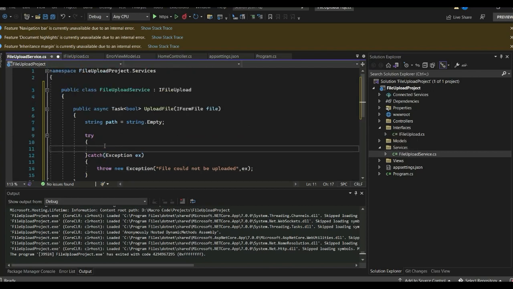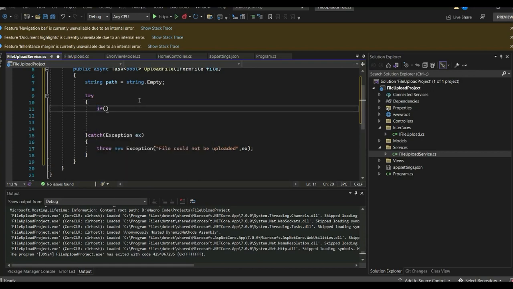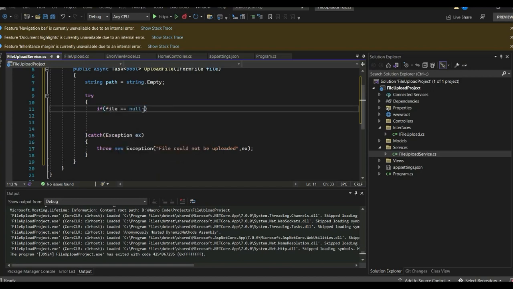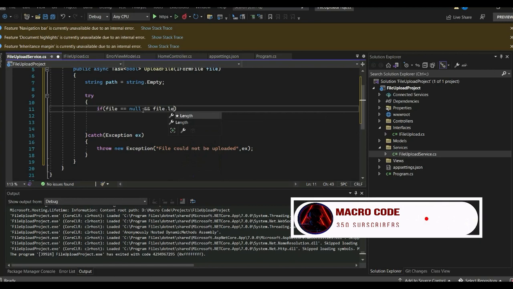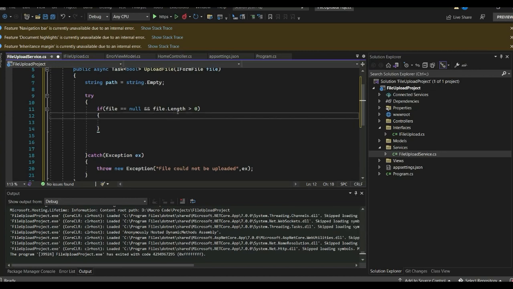Then inside our try, we need to upload our file. First thing, we need to check if the file is there. If file is not null and file.Length is greater than 0, then we'll assign our path. Our path will be,